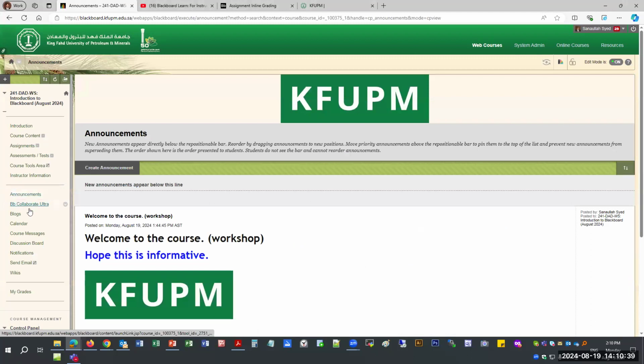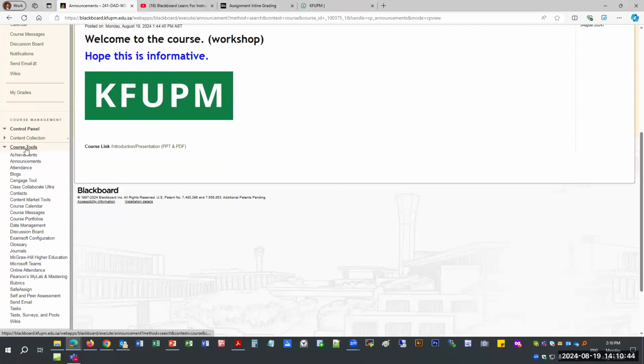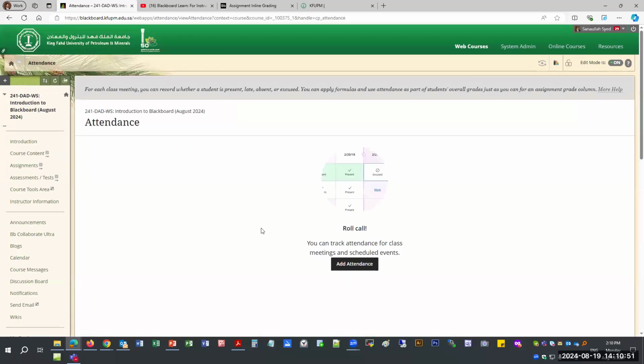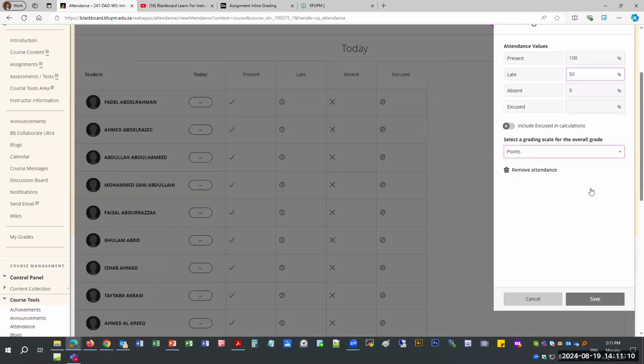So there is an attendance tool available under course tools and attendance. If you click on control panel, course tool and attendance, you should be able to see attendance. This attendance is a built-in tool by Blackboard. It says you have to add attendance explicitly, so I'll click on add attendance. There are some default settings like present is 100%, late is 50%, absent is 0, excused is, these are the default settings. You can always change them, but I'm going to use the default settings and click on save